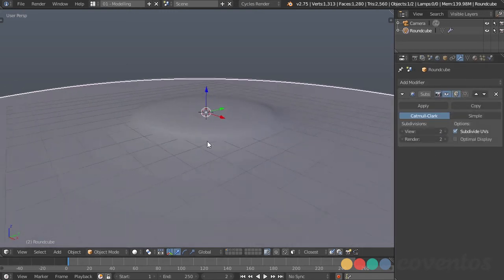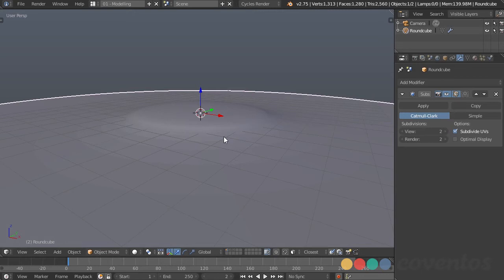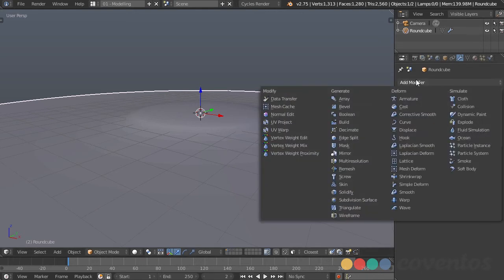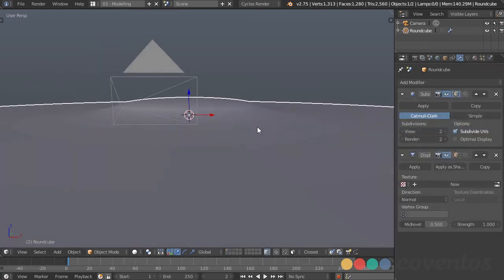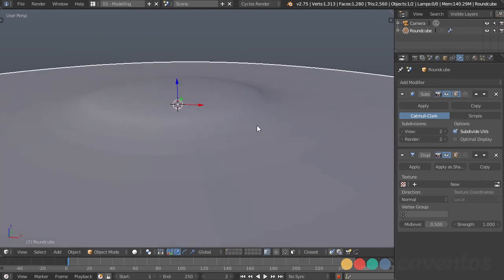So I'm going to add a subdivision surface modifier to this, and that's going to help smooth everything out. But of course it's not going to be completely flat ground. When you look at a picture of an island, usually there's some bumps in the sand, holes, things like that. Usually it's not going to be completely flat. So what I can do is actually add a displacement modifier,